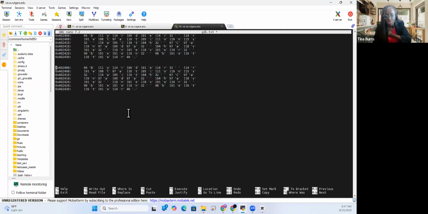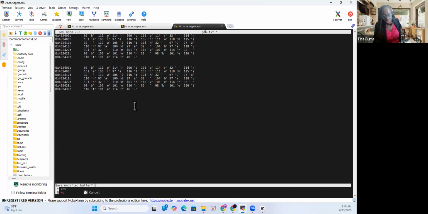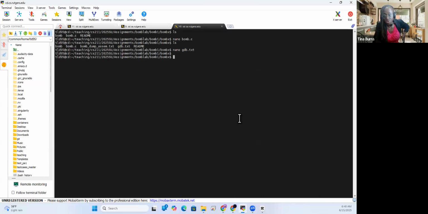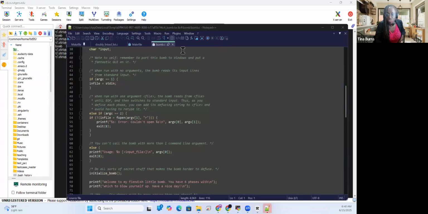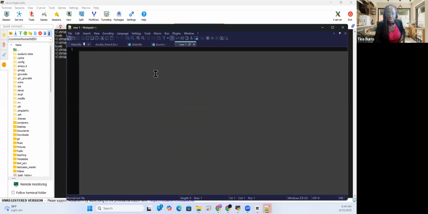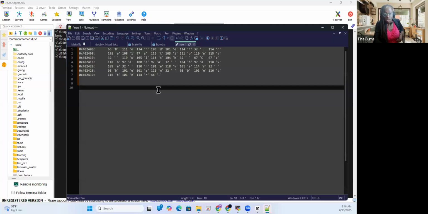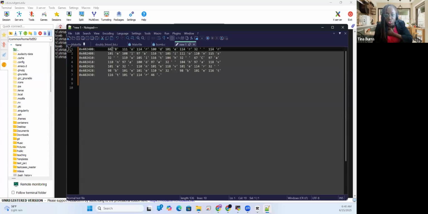I'm going to see if I can put this somewhere else. I don't want to save this modified buffer. I'm wondering if I can do a text file. So I'm trying to open up a text file in like a new window. I'm gonna see if this copies over. Oh, it does. So if we wanted to, we can go ahead and take out all of this stuff, and